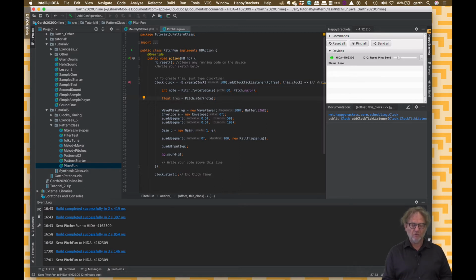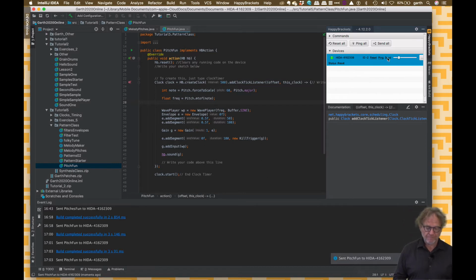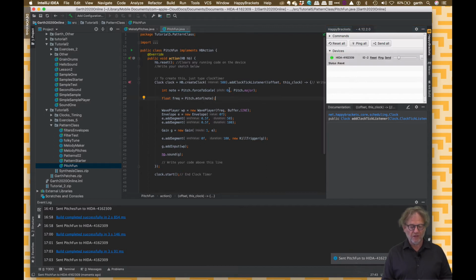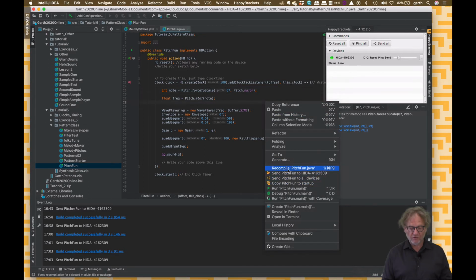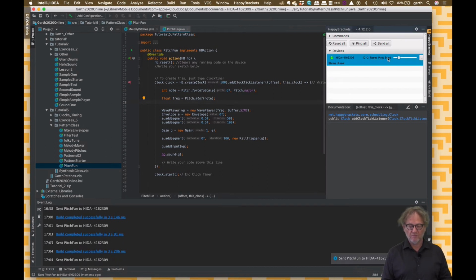So now what we need to do is plug that into our wave player down here, and so now we're going to have this playing the note number 60, which is middle C, obviously repetitively. But it's a step forward because now we can actually start to think about changing the note number. And there's note number 60. Now I happen to know that the G above that, if we go C, D, E, F, G, is note number 67, 7 semitones above. And if we compile this and send it again, we're going to hear it playing G,